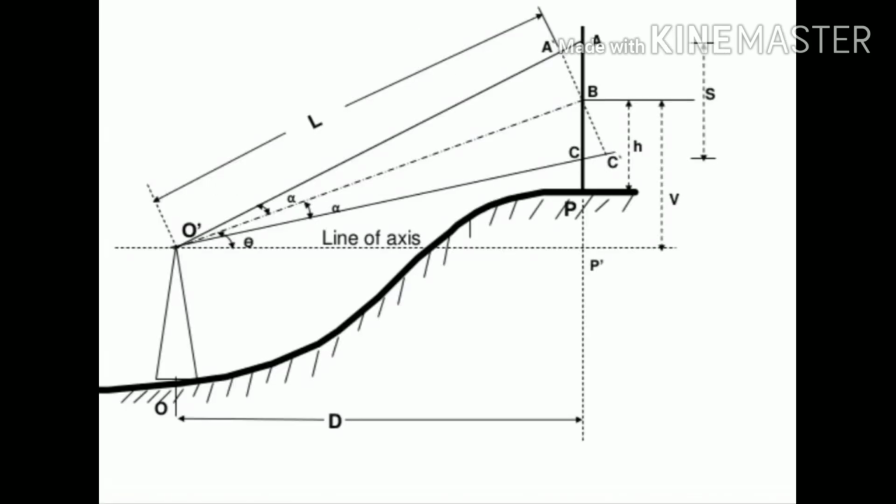Now coming back to our experiment. First let us set our instrument at O. In this problem, if the line of sight is horizontal, then it is not possible to determine the horizontal distance D, correct? Because we cannot keep the staff there to get the staff intercept values. In this case, we have to make the axis inclined. We will incline the telescope to bisect the object, and in the same manner we will record the staff intercept S and also note down the vertical angle theta.